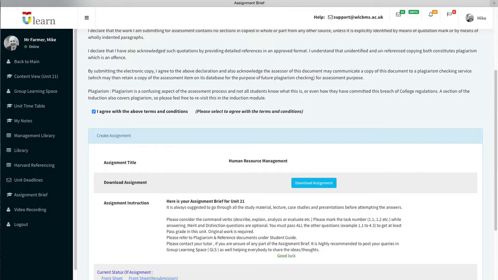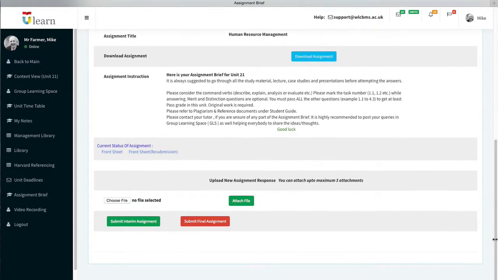At the bottom of the page you will find two buttons. The green one allows you to send an interim assignment submission to your tutor for formative feedback. The red submission button is to be used to send in your final submission, which will be marked and count towards your final grades. You are allowed to send in several interim assignments, but you can only submit one final